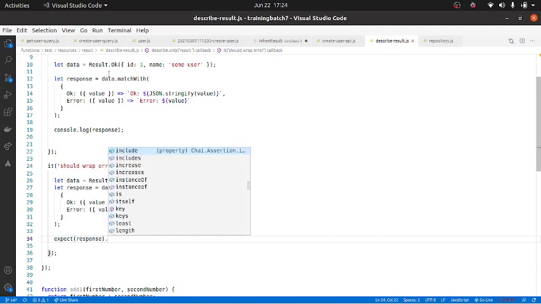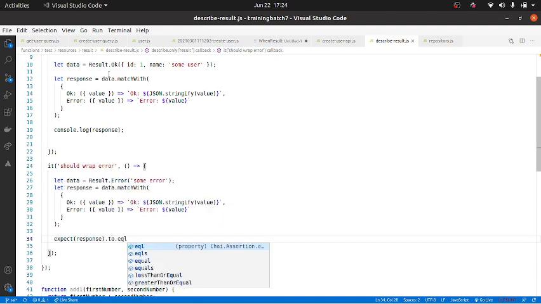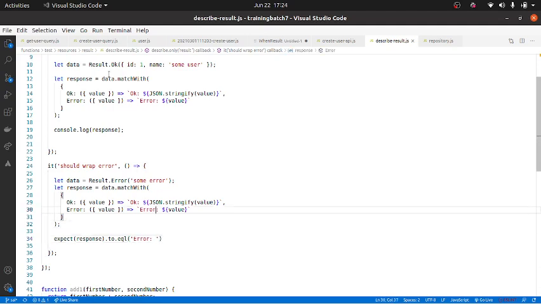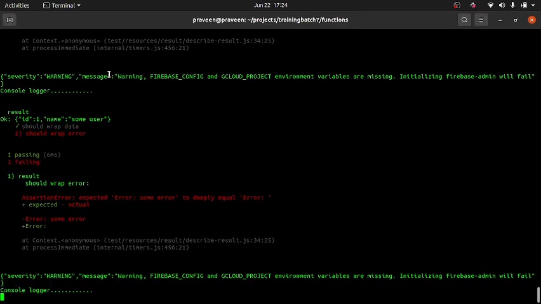Response to equal what should the string be? Error, colon, what was the object that we passed? Some error, right? So here it will not be ok, it will be error colon the value over here. What is the value we are getting? That is the error, some error. So this is what we are expecting. Let us see whether it passes.